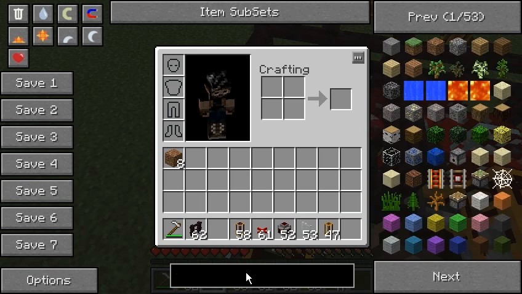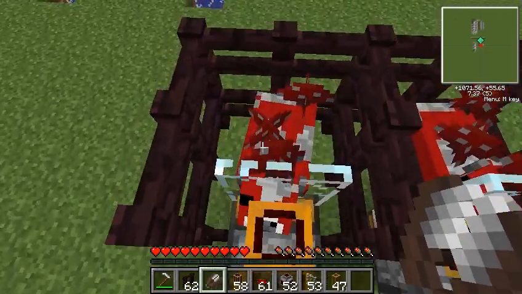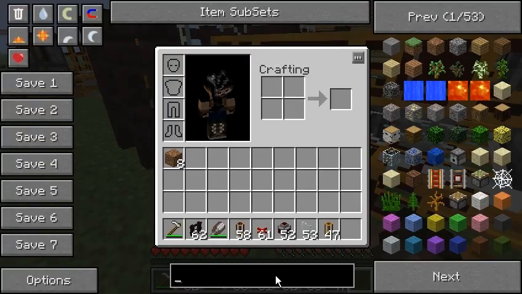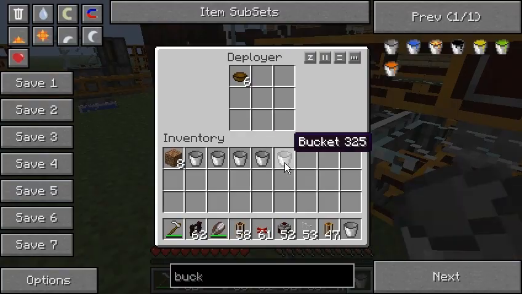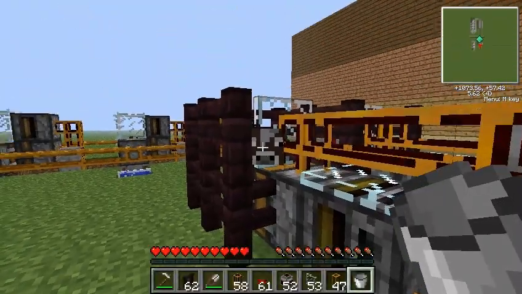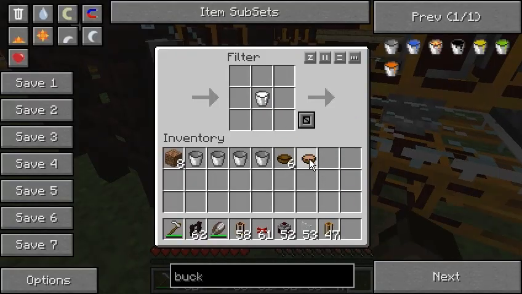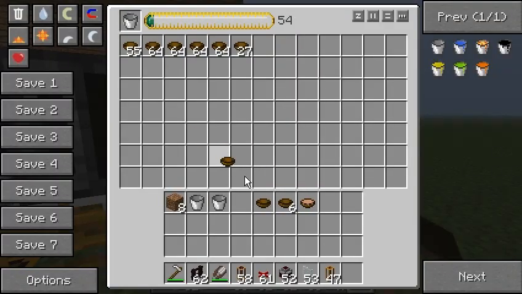And let's transform this mushroom into a cow. Okay, and we will do some small modifications to the system. We'll need some buckets. Thank you. So I need an empty bucket in the deployer. I need one bucket of milk in the filter. Instead of that, that's 2. I need here again another empty bucket. Here I need to target empty buckets. Let's put it like that. Okay,